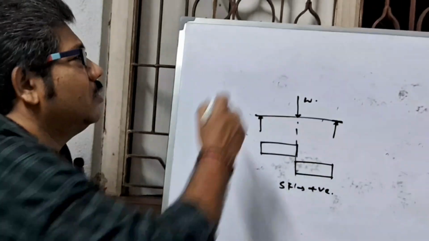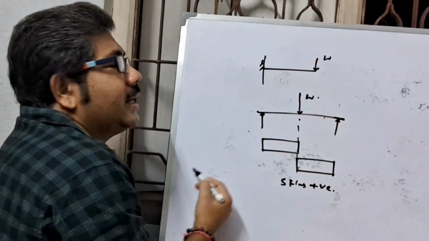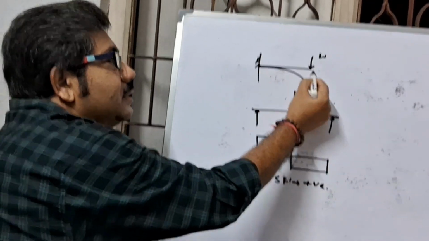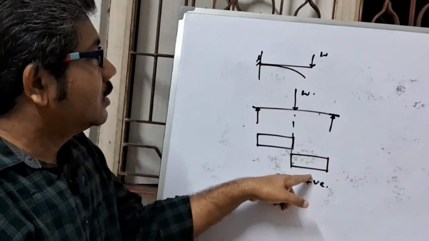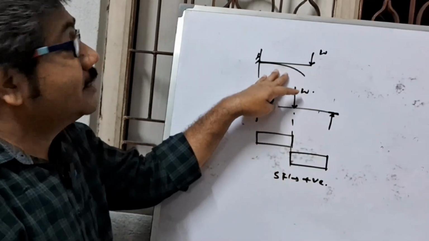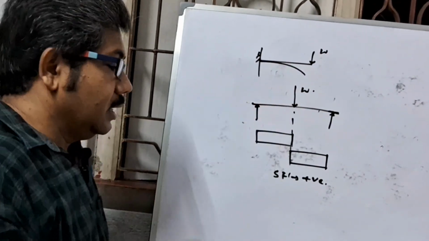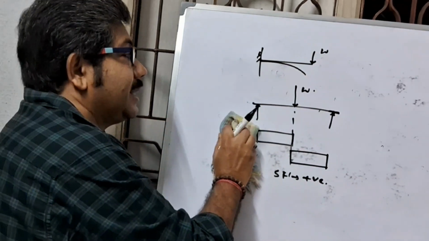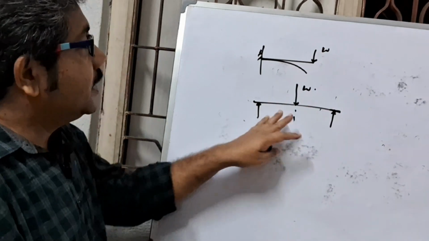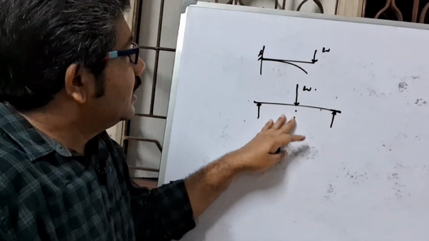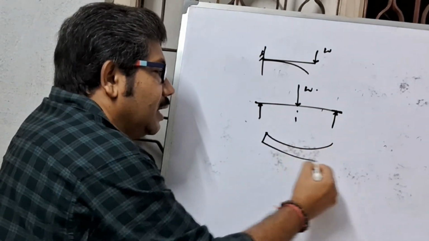For example, this is a cantilever beam, and if it is loaded by W, then the right hand portion slides downward. That means the shear force here for the cantilever beam is positive. Now, sign convention of bending moment. If the beam is loaded in such a way that it bends at a point